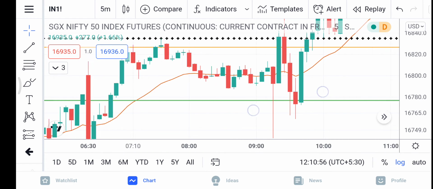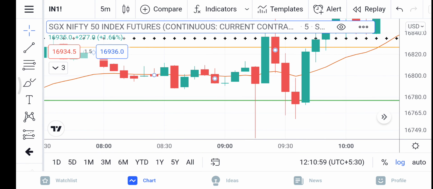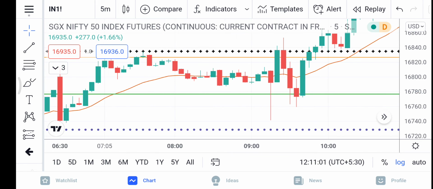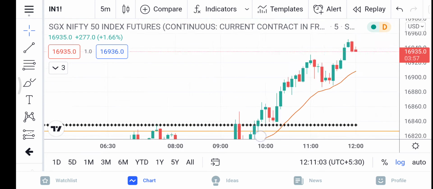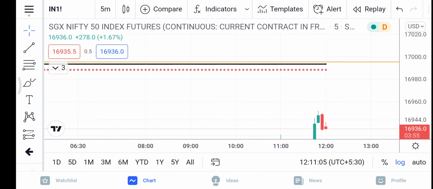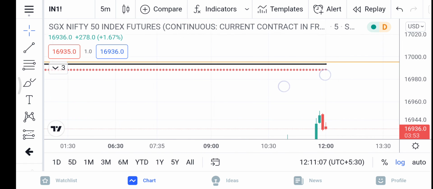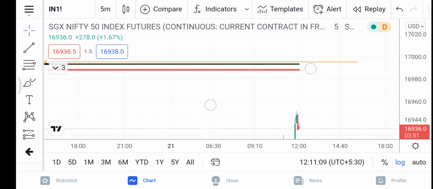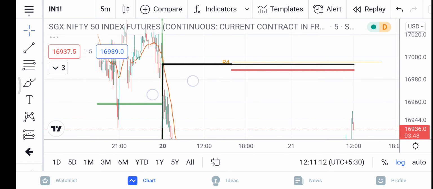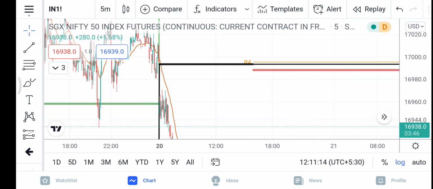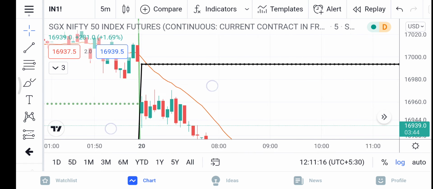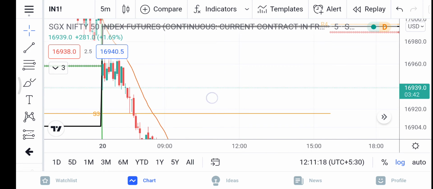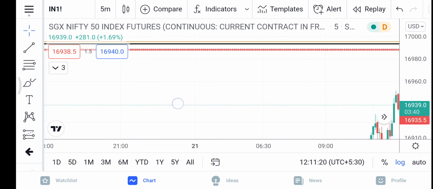So from this you can see the candles took the support near this weekly support. From that it is consolidating and it may go till here, that is the weekly low and the daily resistance of SGF Nifty, because now this acts as a supply zone. See, from here the market crashed. So see, from here actually the market crashed. Now this may act as a supply zone in Nifty.